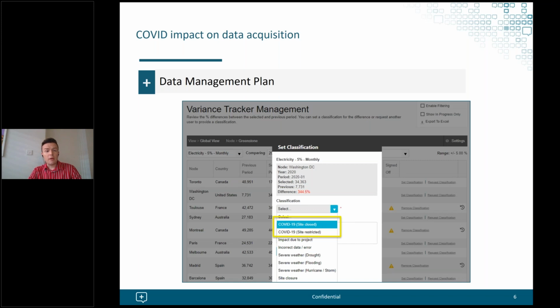From a technology standpoint, one of the key things we've seen in software is companies making more use of tracking variances within data. Inevitably, as a result of 2020 shifting how companies operate, what we've seen from a greenhouse gas perspective is large shifts in maybe the data between 2019 and 2020. And so being able to account for those variances and distribute variance requests to different users has been a functional piece that companies have definitely been much more interested in for their 2020 reporting than they may have been historically.